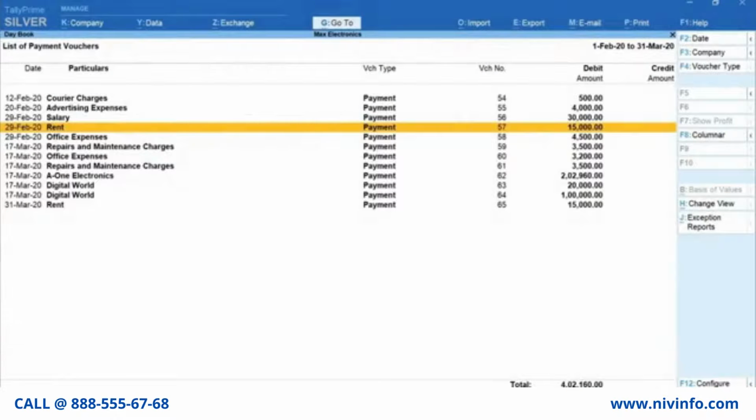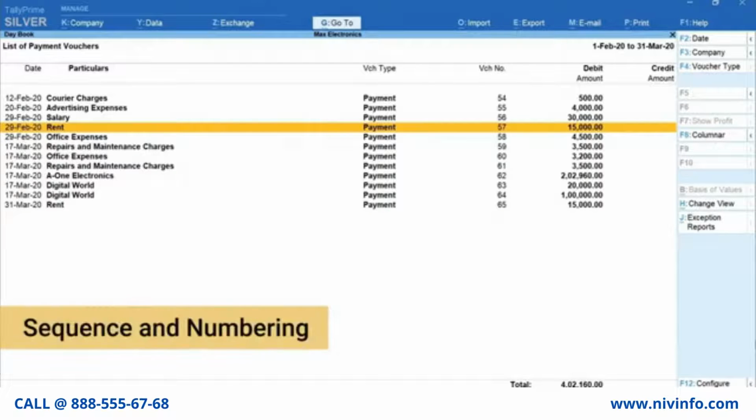Next options we'll be learning are how to add voucher and insert voucher. It's natural that sometimes we miss recording a transaction and discover it later. You can easily handle it using Add or Insert option. This not only helps you to account, but also to manage the transaction sequence and numbering.